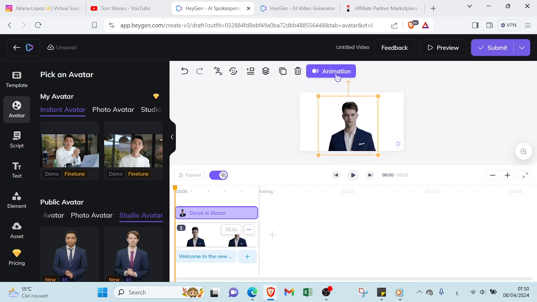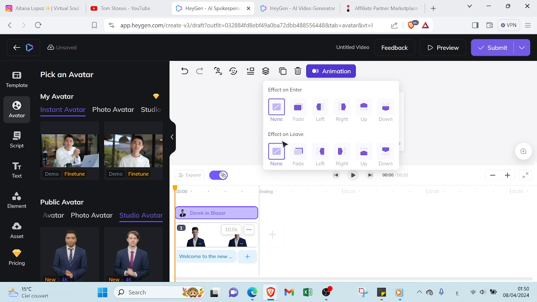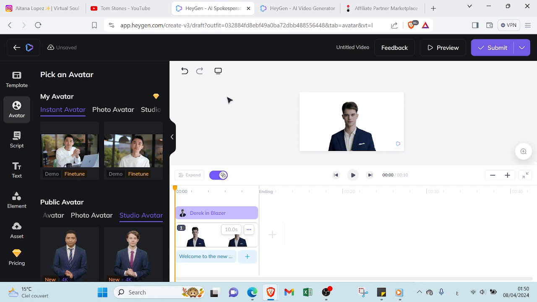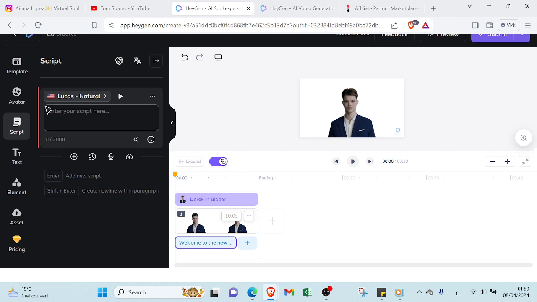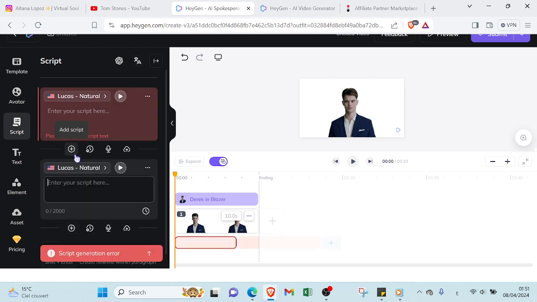Here we have animation, so you can choose the animation of your video, for example effect on enter, effect on leave. If you want to add a script, you can just click over here, delete that one, and add your script. You can use ChatGPT for help. You can just ask it for a script and it will help you. Here, if you want to translate all scripts, and here if you want to add a script, you can add it here too. And here if you want to add a pause section,